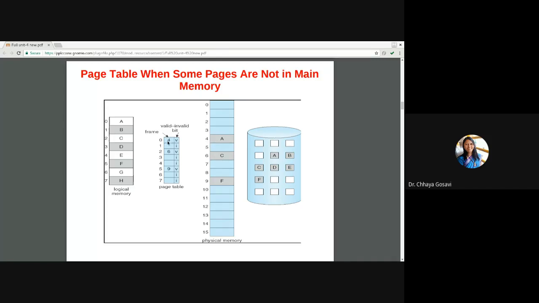Now page number 0 is not in frame number 4, right? Because you swapped it out to backstore, and make this entry invalid. Now you are bringing this page D in place of A, into frame number 4. But D is page number 3. So in here, at 3, write 4 and make this invalid bit valid. Is it clear or not?